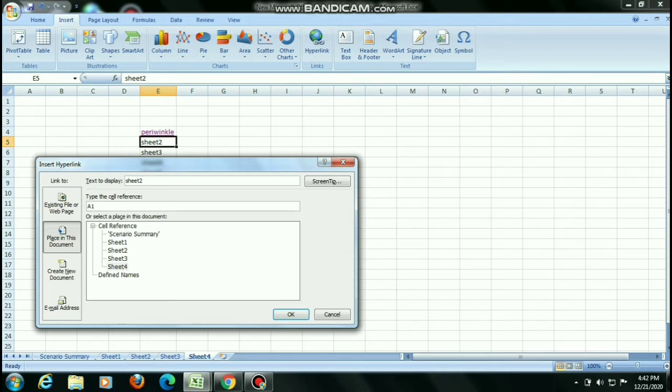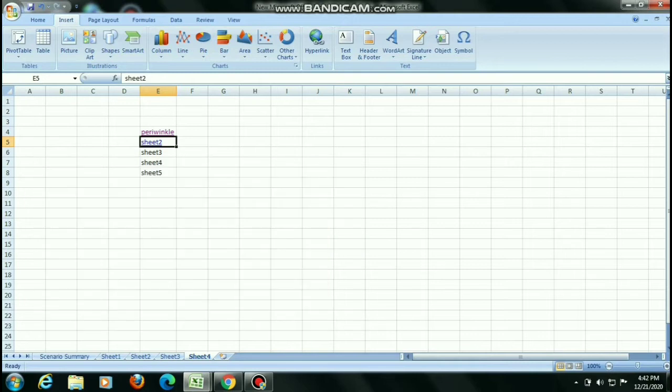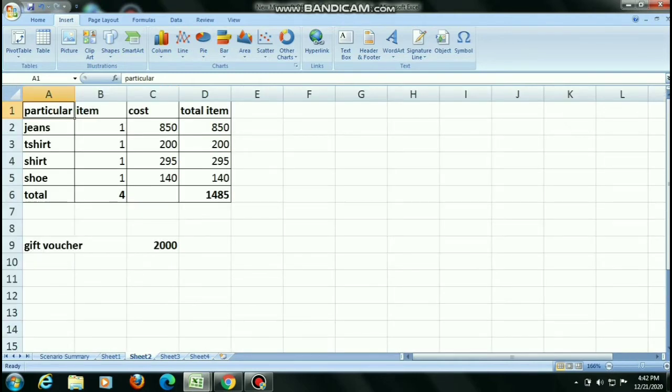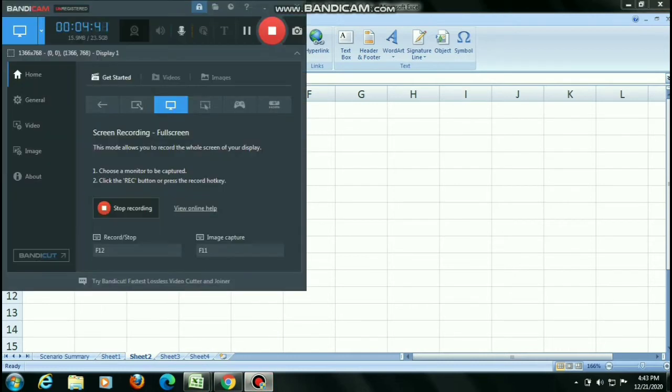document. From here you will select your sheet. I am selecting Sheet 2 this time. I am clicking OK. You will check that the Sheet 2 hyperlink is there. When I click OK, you will check here in this particular cell A1, our hyperlink is on it. Here the cell is blinking, the cursor is blinking. Okay, in this manner we are creating a hyperlink by using this method.